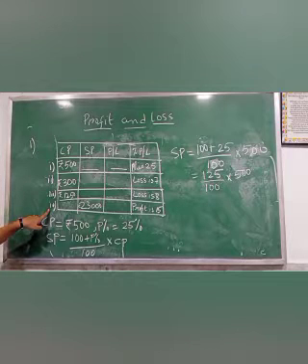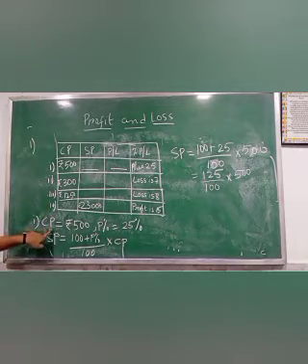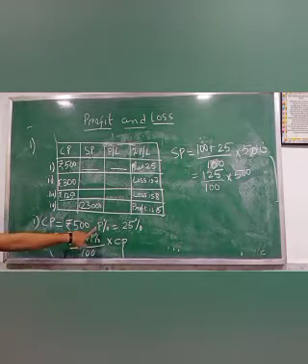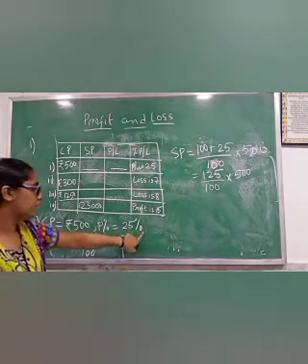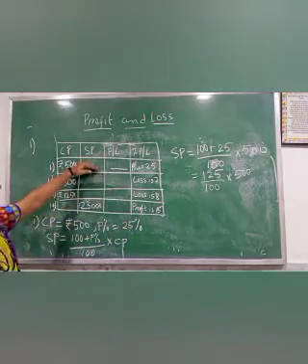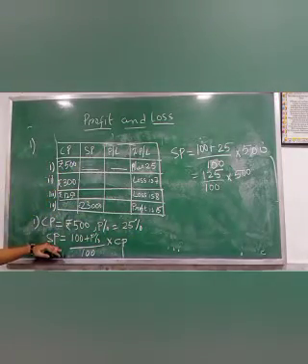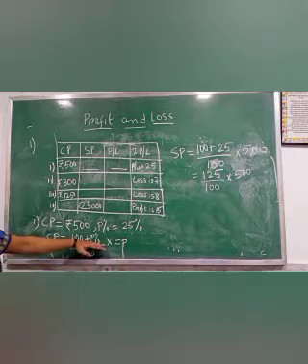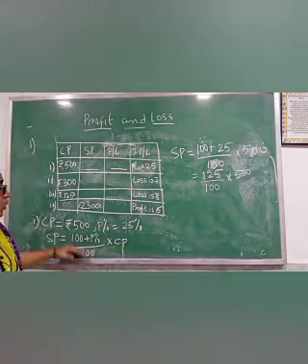If you will not write, it is okay, it does not matter at all. Now in the first question, CP is given as rupees 500 and the profit percentage is given as 25%. Now you have to find SP first. When you are finding SP and you know the profit percentage and CP, you can use this formula.